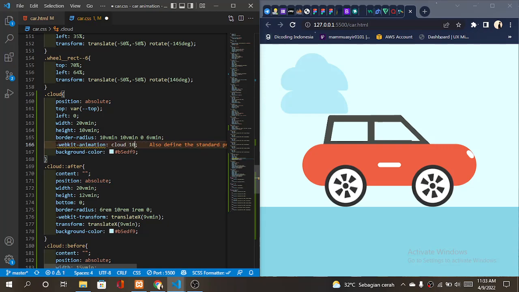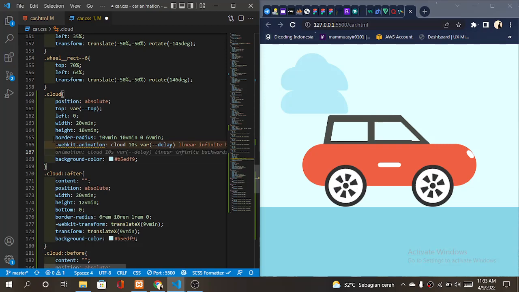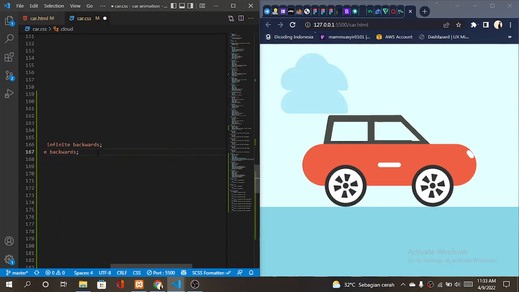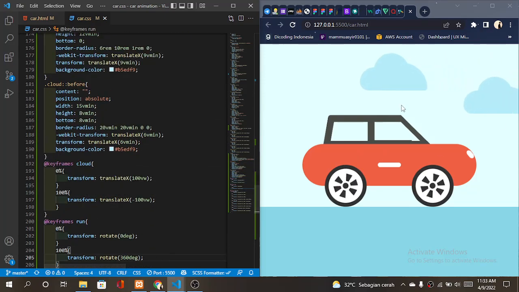10 seconds, with a delay, for linear infinite backwards, and after that animation for the hold, 10 seconds with a delay, and for linear infinite backwards, and try to save this, and you can see the animation for the cloud. Okay,